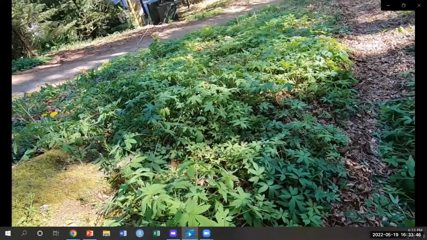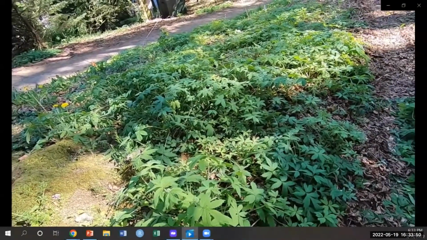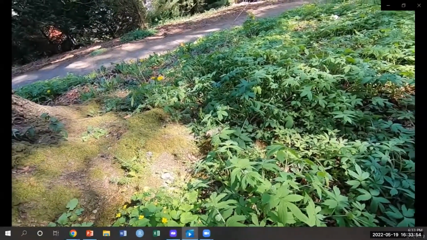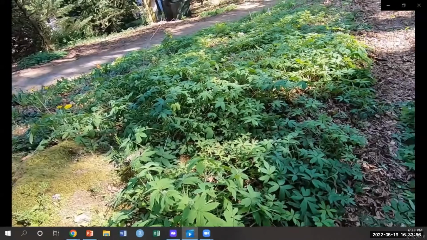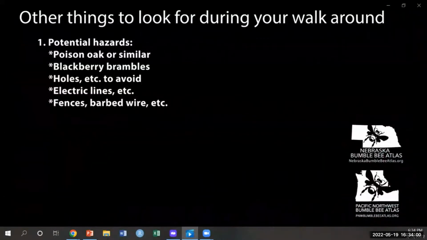So while you may not be drawn to them with your own eyes, it's really important to pay attention to what's blooming and making sure that we're spending time looking at all the flowering resources on the landscape, looking for different species of bumblebees. Other things you may want to look for as you're doing a pre-walk around your site